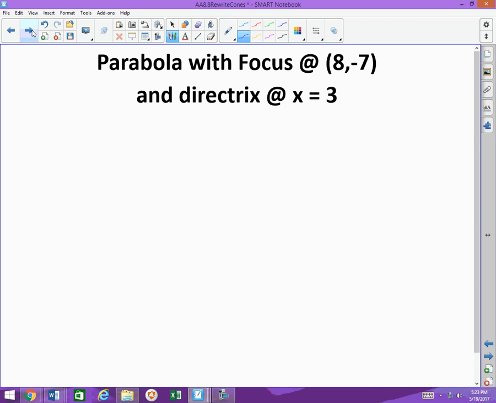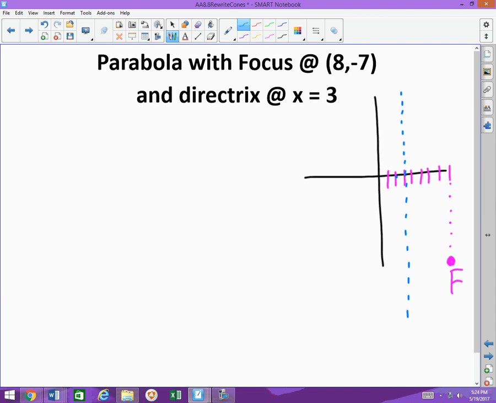All right, now we have a parabola with a focus at (8, -7) and a directrix at x equals 3. Well, that gives us some different things. So (8, -7) is our focus point. And our directrix is at x equals 3. That is our line for our directrix,